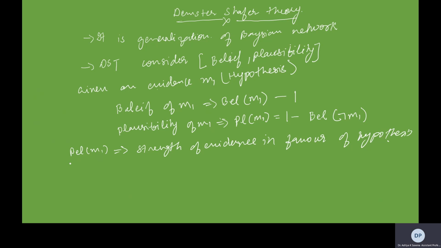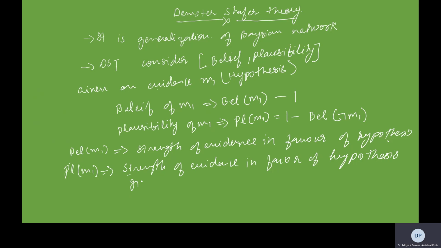What is plausibility? PL of M1. It is the strength of evidence, the same thing, in favor of the hypothesis, given evidence against the hypothesis. Now we discuss a few examples